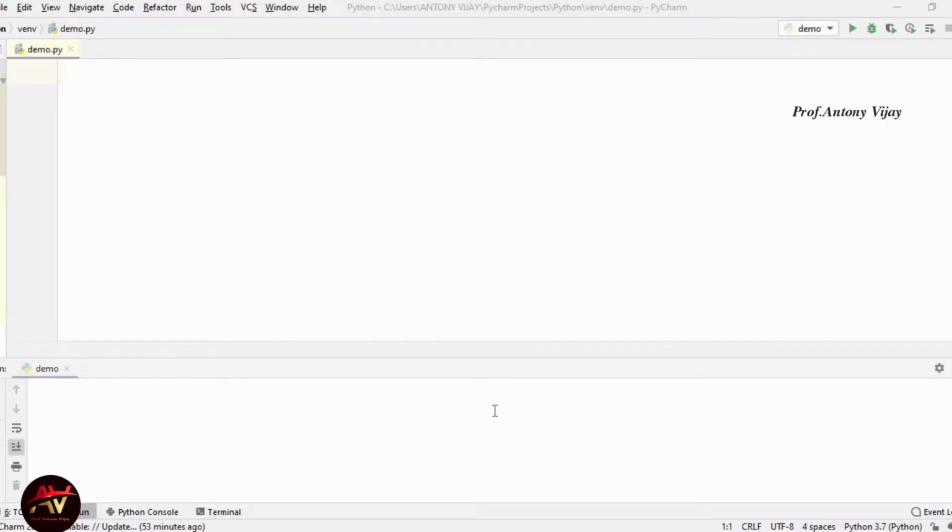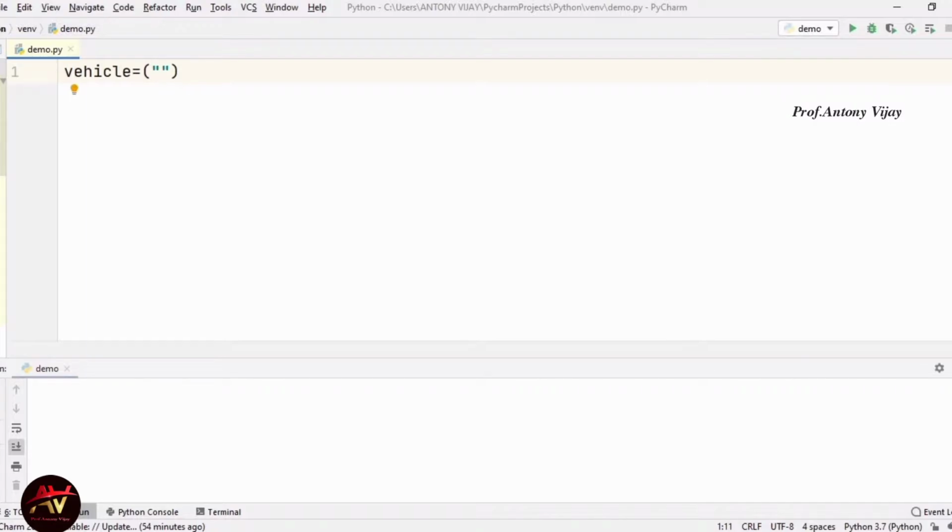This is Anthony Vijay. Today we are going to discuss important concepts in tuple. First of all, I am going to explain the for loop. Here I am going to create a tuple named vehicle and represent it within a round bracket, because the round bracket is very important; it is used to represent a tuple. Inside that I am going to mention items within double quotes. You can use double quotes or single quotes, both have the same meaning.